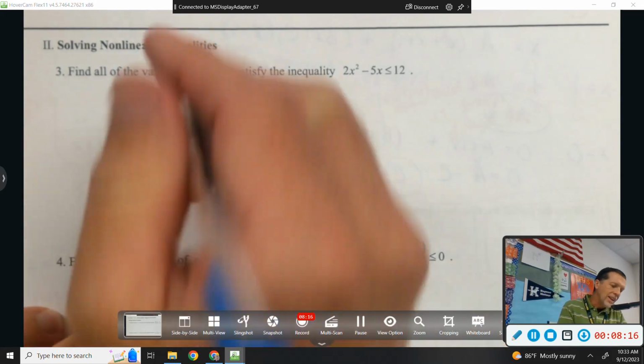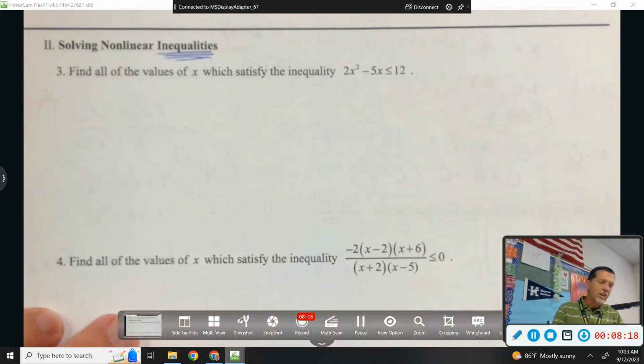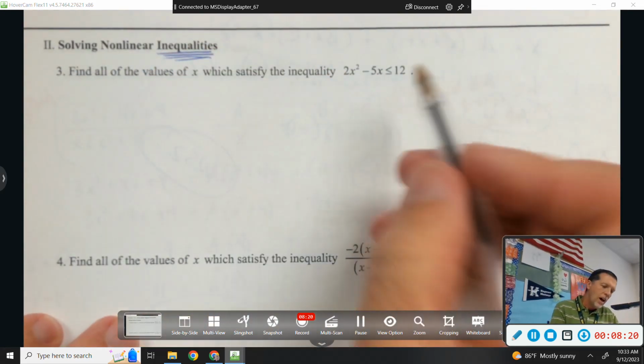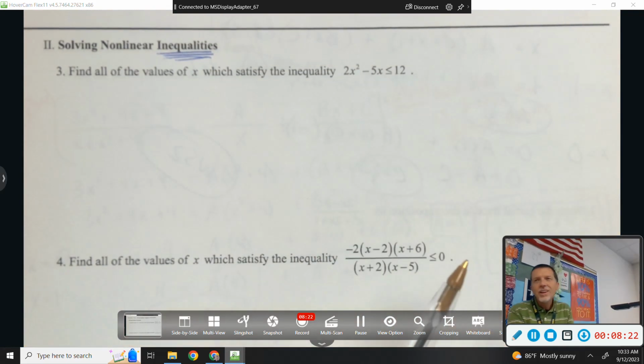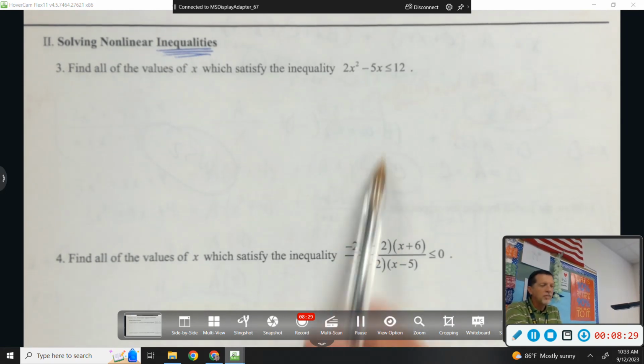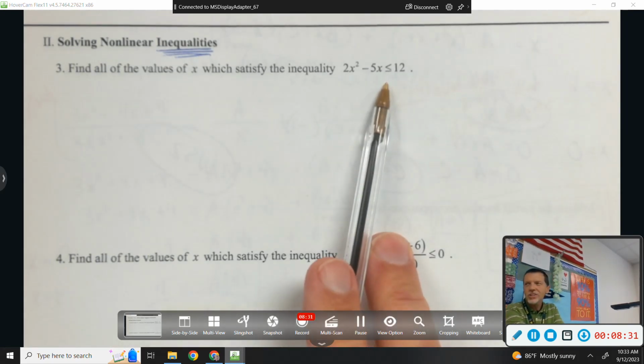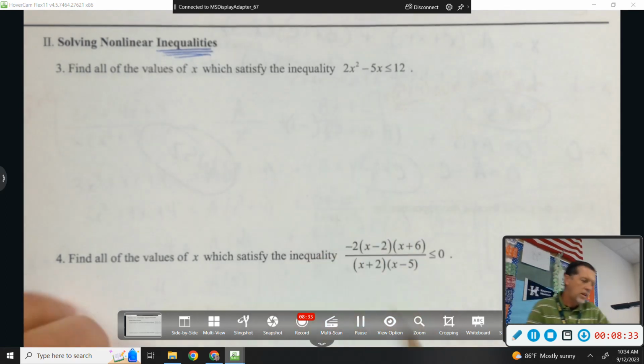All right, nonlinear inequalities. This is a little bit trickier to solve inequalities because that inequality business, if you divide or multiply by a negative, it switches. And so that's kind of tricky. We're thinking above and below, open circles and closed circles. There's just a lot more going on. So